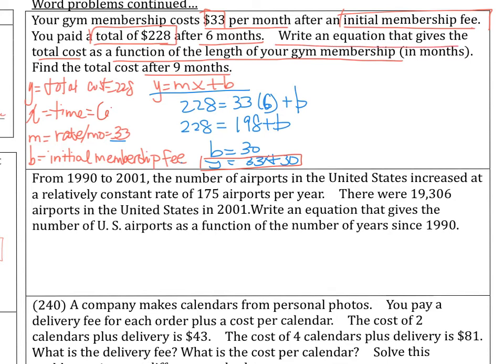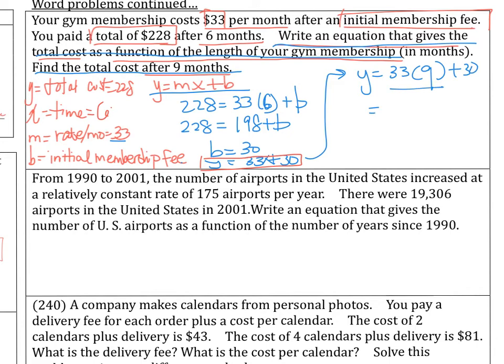Write an equation that gives the cost as a function of the length of your gym membership, and now we need to find the total cost after 9 months. So using the same equation here, y equals 33 times 9 plus 30, okay, and 33 times 9 gives you 297 plus 30 gives you